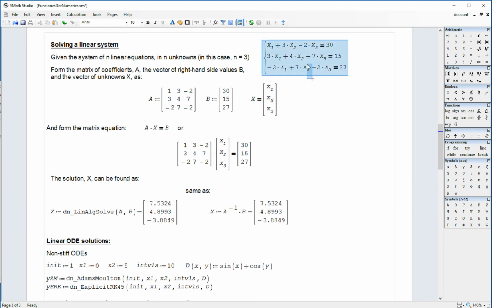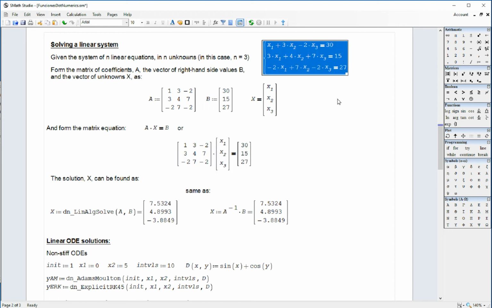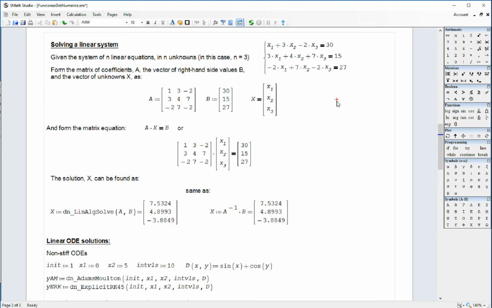And so this system of linear equations is now represented by this matrix equation, A times x equals B, that can be written in this way. And you can see that doing matrix multiplication, this matrix product will give me these three linear equations. The solution can be found simply by doing this, because if we start with this equation